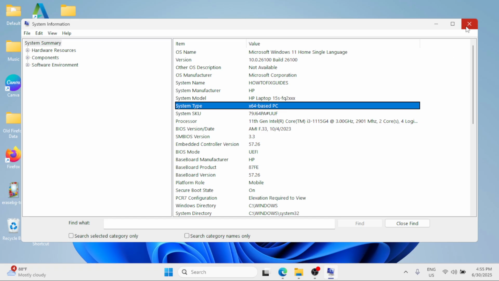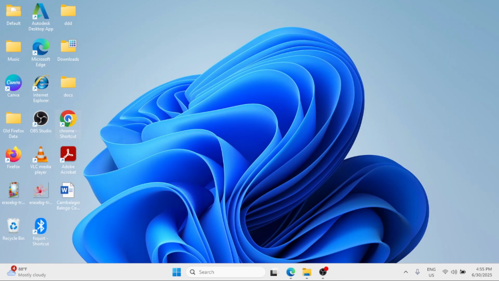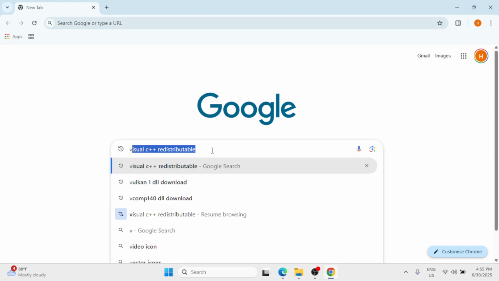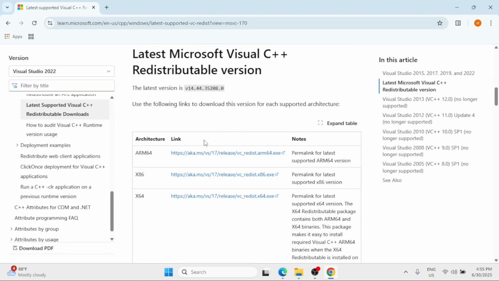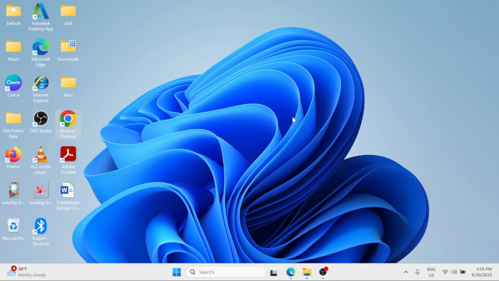Take note of your system type and then open a browser and search for Visual C++ Redistributable and hit enter. Click on the first option. Scroll down and click the download link corresponding to your system type and simply install the Visual C++ to your Windows 11. Also, if you have installed any third-party antivirus software like Avast, McAfee, or Malwarebytes, just also try to